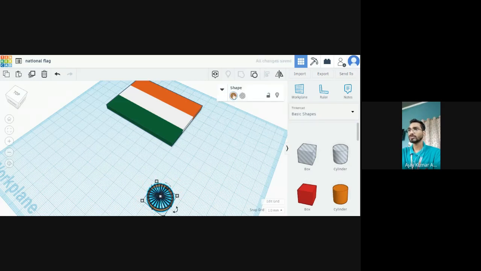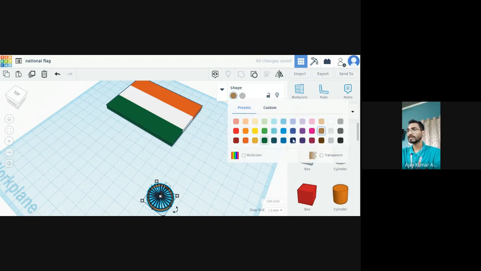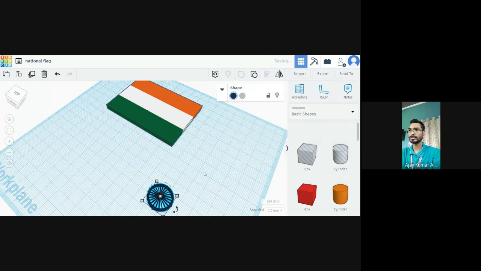Go to solid and make it blue like this. Again I want to drag it to the center, so just select this figure and simply drag it.